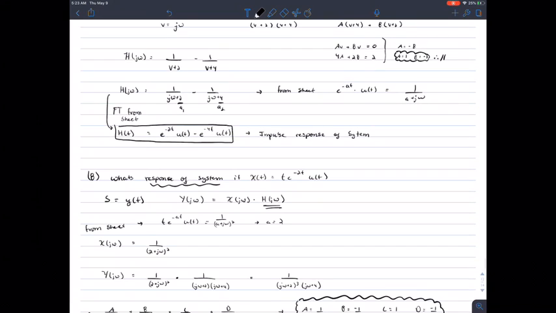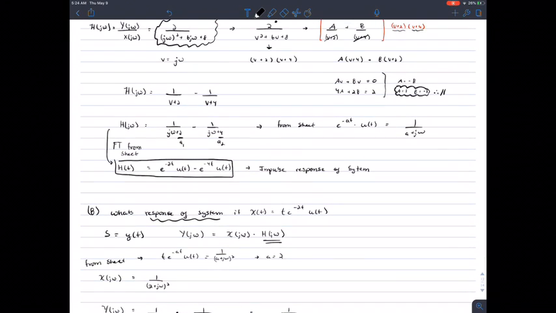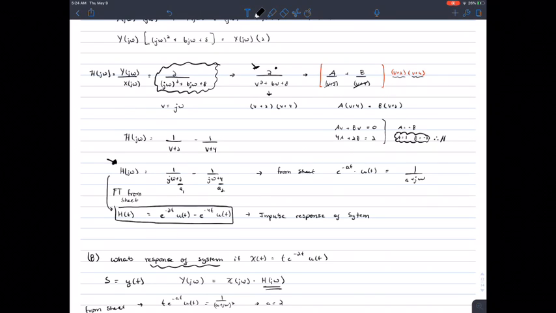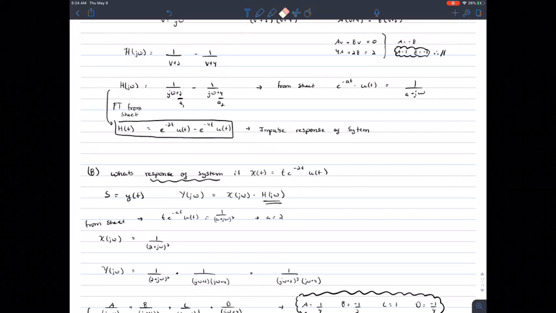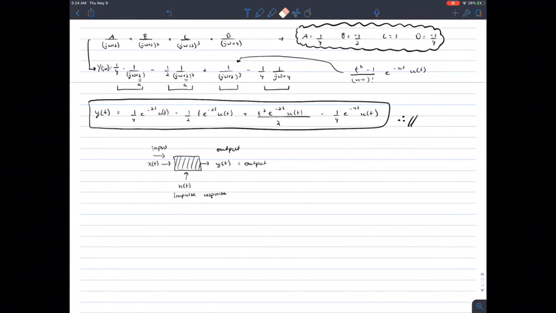One thing that you do need to realize is that when you're plugging in H of jω times X of jω, do not use this version of H of jω. It will get you a wrong answer most of the time. Okay, use this version right here. Use this version, okay, and it'll save you a lot of time and a lot of effort wondering why you're getting a wrong answer. Okay, so that is it for this video. I will see you